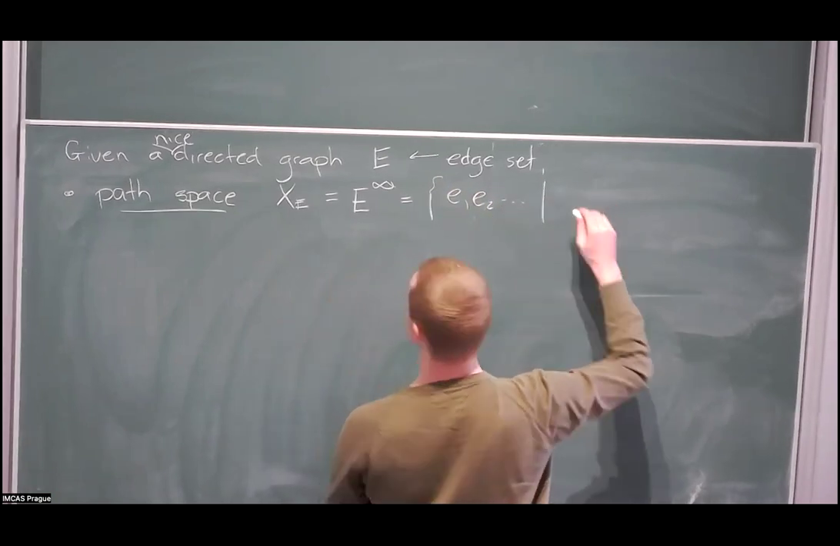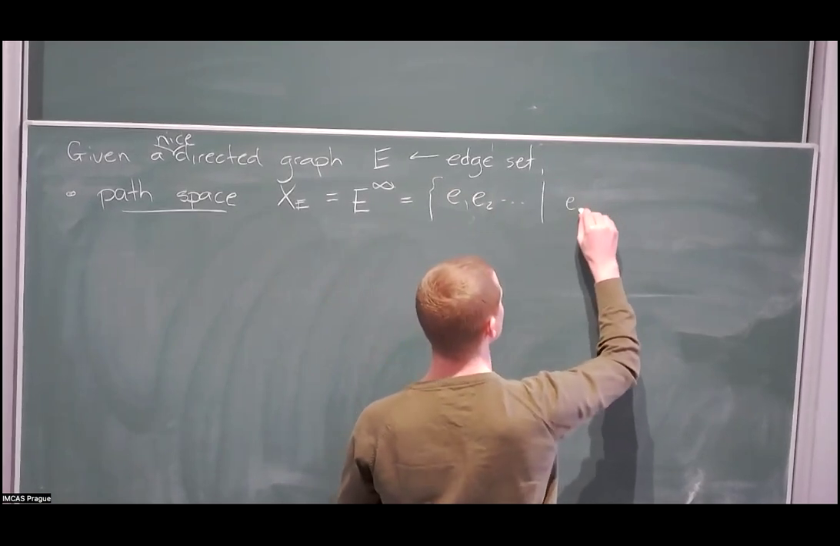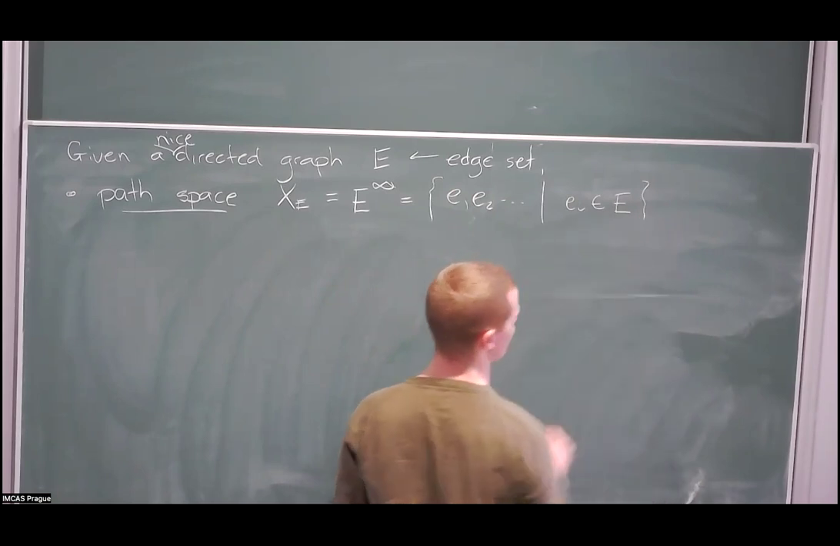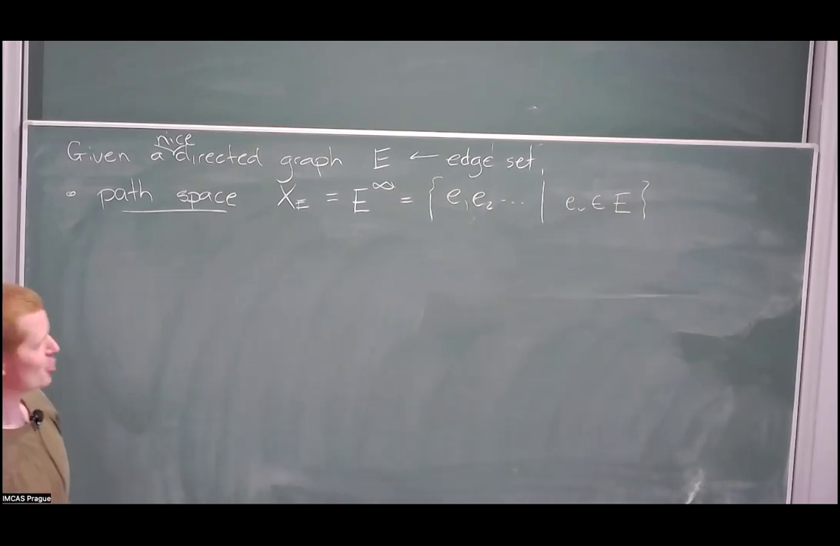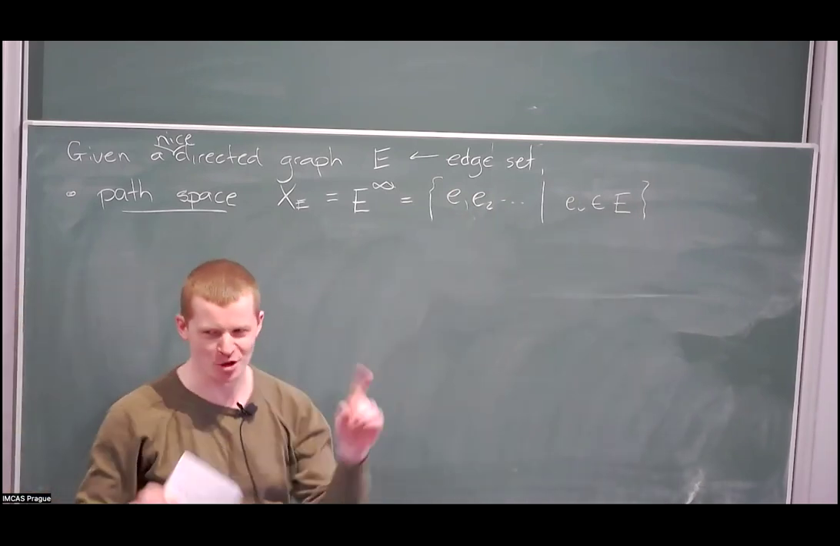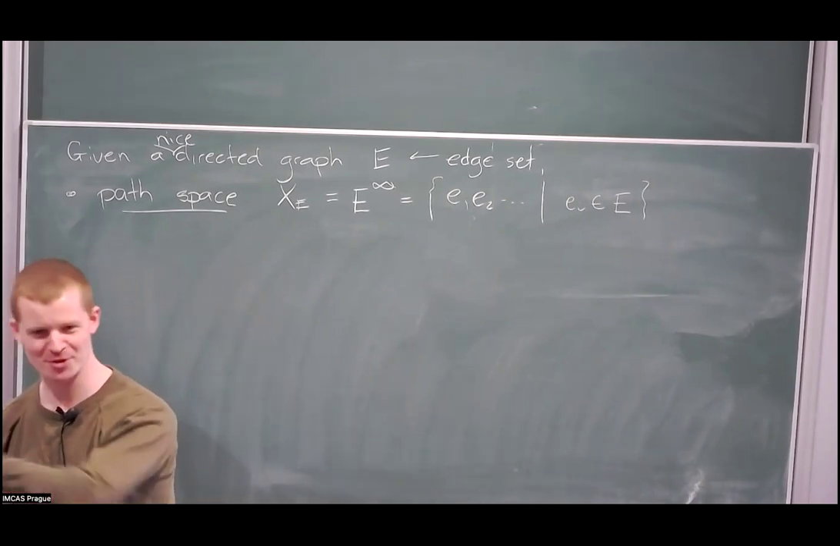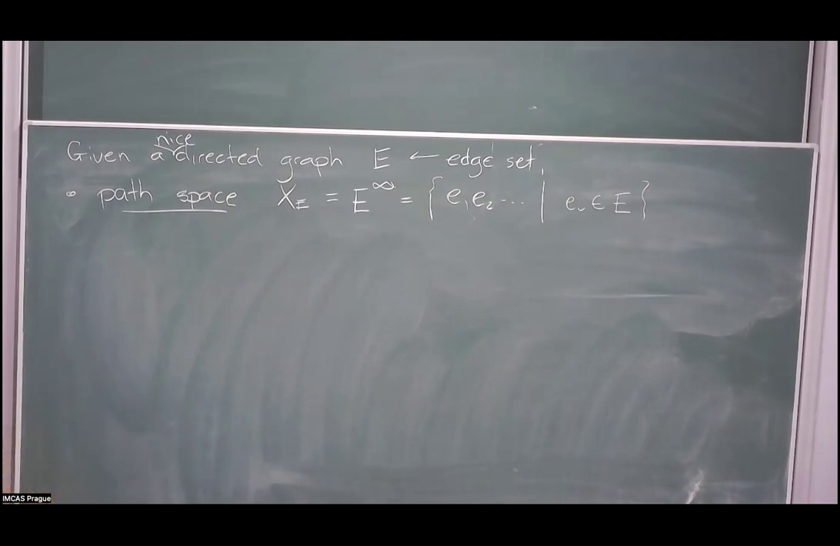It's the set of infinite paths of edges, where I only put two edges next to each other if there really is a path. The range of one of them is the source of the other one. And on this path space,